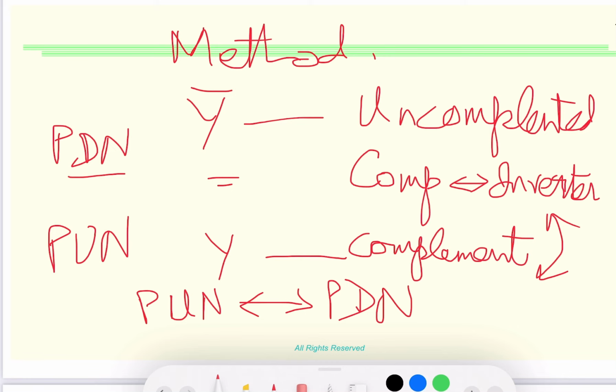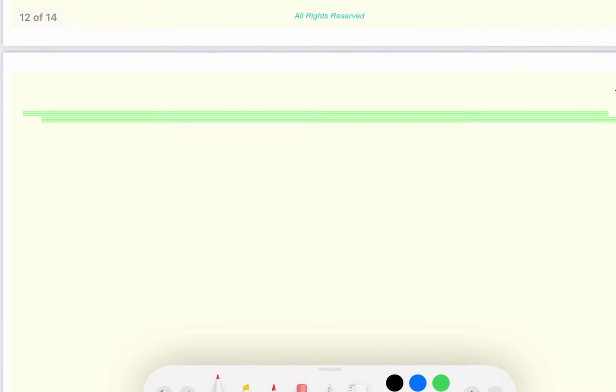So that's where we can break it down into smaller pieces and work with it. So now there is an example that